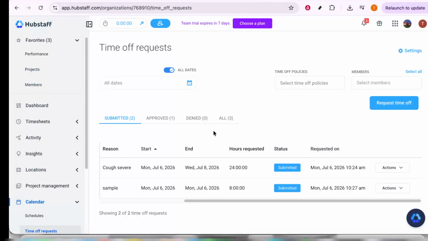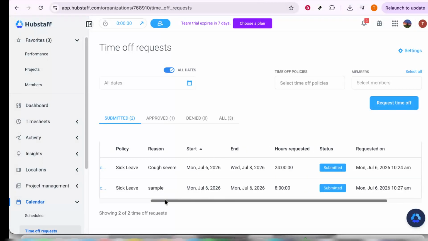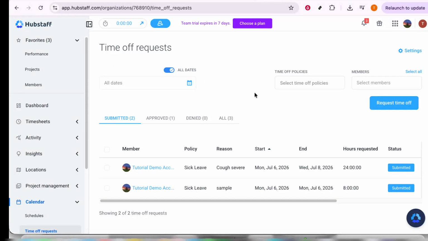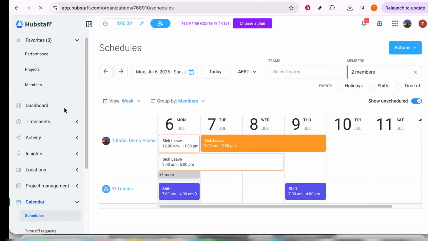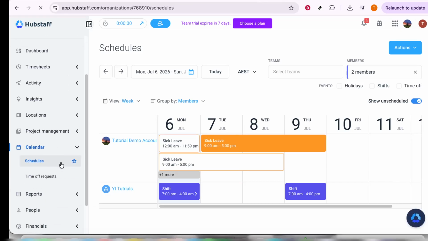In today's video, I'm going to teach you how to reject time-off requests in Hubstaff. If you manage a team and need to respond to time-off submissions, Hubstaff makes the process very straightforward. In this walkthrough, I'll show you exactly where to click so you can deny a request quickly and confidently. This is useful when a request doesn't fit the team schedule, overlaps with important work, or simply can't be approved